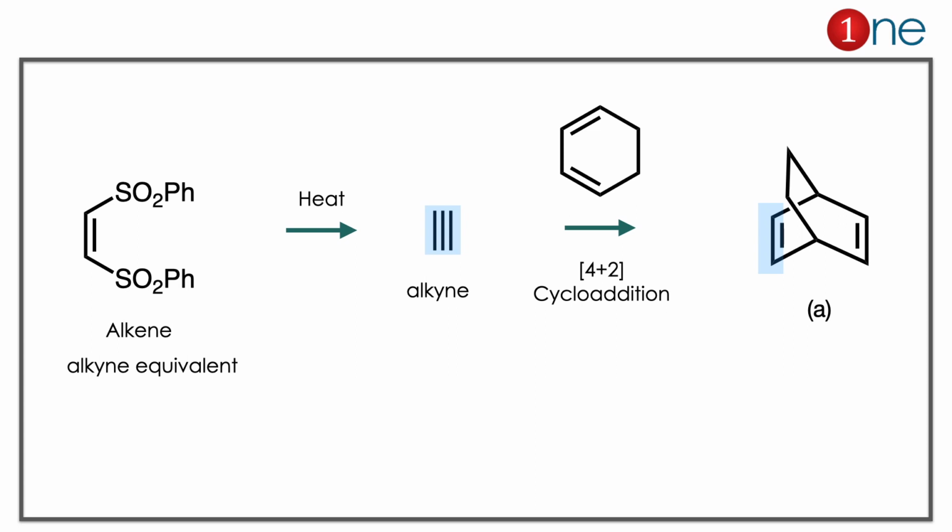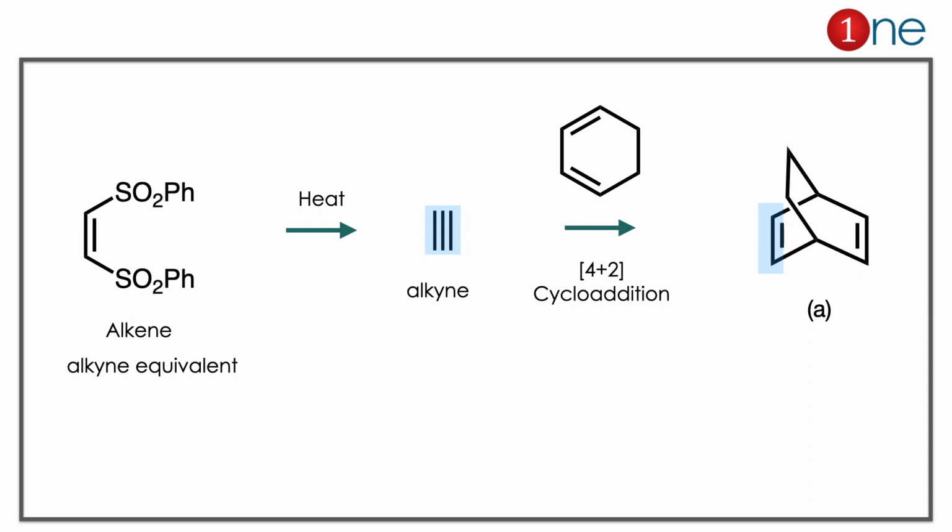So you have an alkyne, you have a conjugated diene. So you might expect a 4 plus 2 cycloaddition. So 4 plus 2 cycloaddition there. A new bridged bond will form as a bridge. So a new carbon bond formation, and a new bicyclic compound is formed with 2 carbons on the bridge. So the product is clearly A.